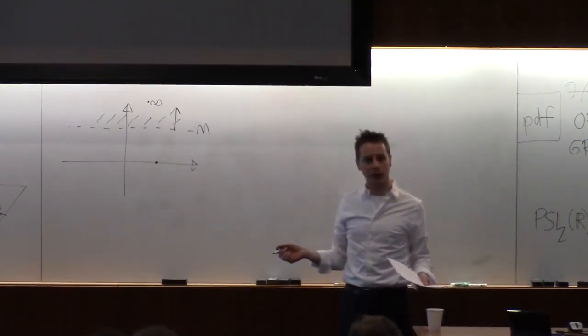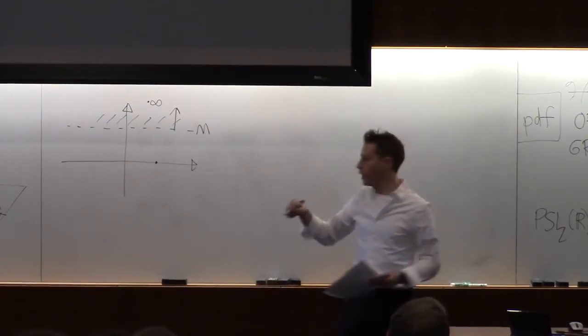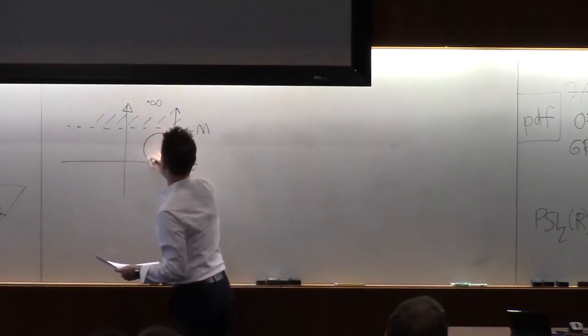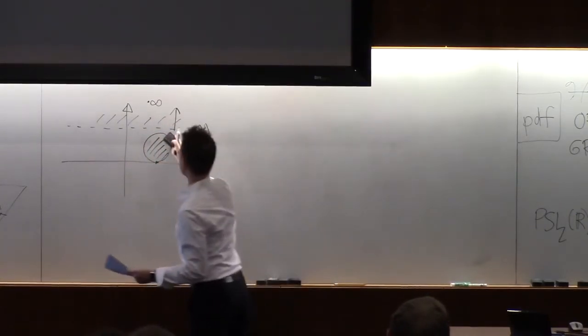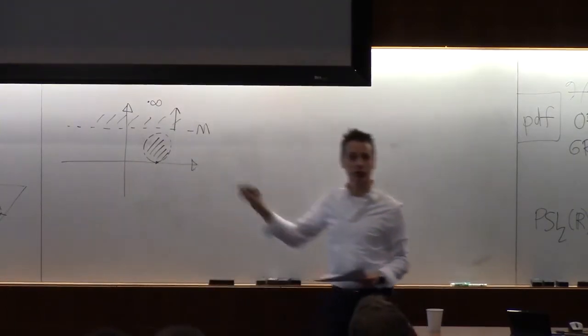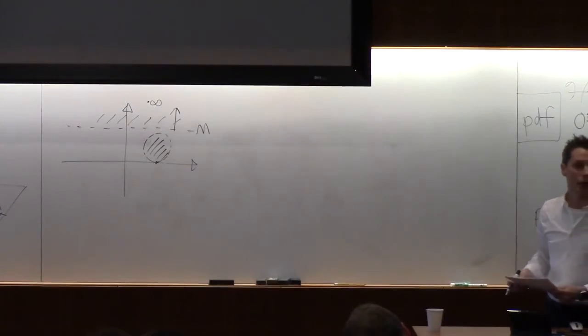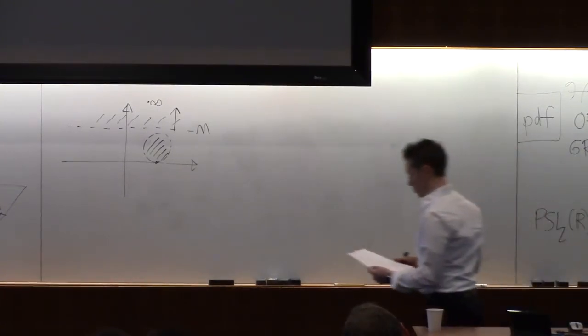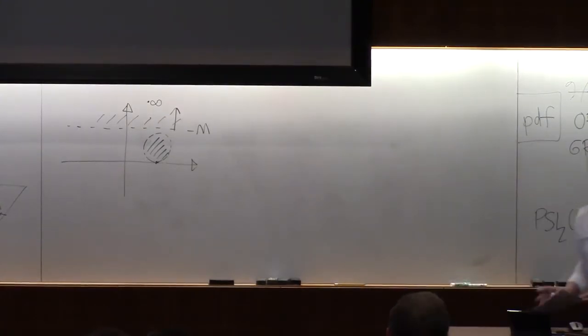They take circles and lines to circles and lines. So the thing you end up getting looks like this. It's supposed to be an open disk, but it also needs to include that point along the real axis. That's what the basis of neighborhoods of a point along the real axis is. Okay, any questions so far?